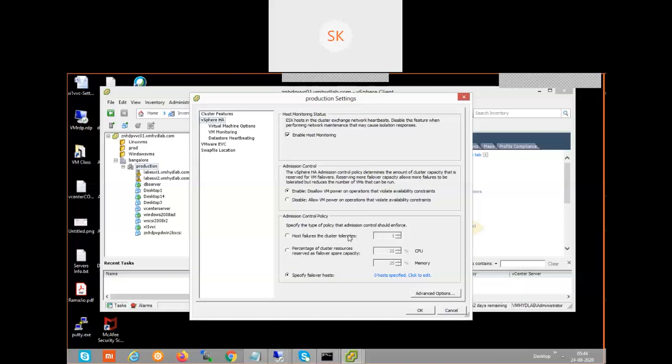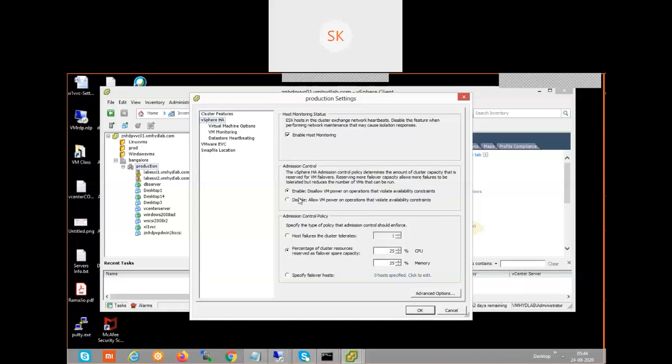Next, I'm going to go with the percentage in this case. Just click percentage. Because there is a CPU compatibility problem on my ESXi hosts. Both are not the same model. One is a Dell server, one is an IBM server. Both are different models. And the CPU family, luckily, is part of the Intel CPU family, but they are different models. Both models are not compatible for any generation of EVC mode.